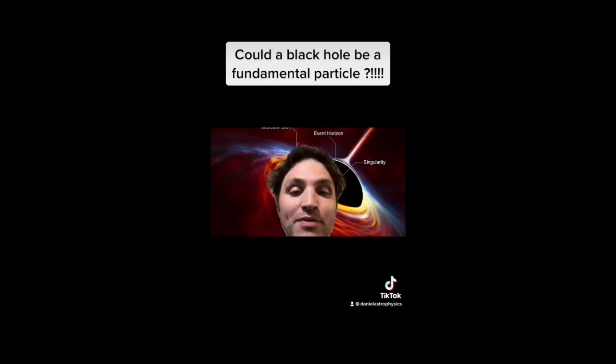And you might be thinking, well, what about a neutron and a proton? Those have a radius that's been measured. Well, those are not fundamental particles. The neutron and the proton are actually composed of quarks and gluons. And quarks and gluons have never been observed freely, for other reasons,